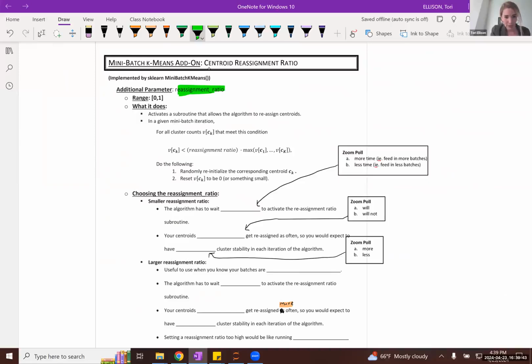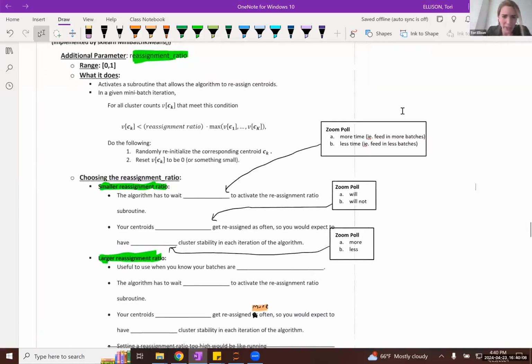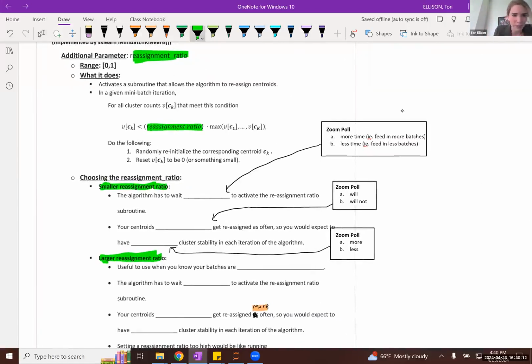So you'd want to consider what a smaller versus larger reassignment ratio might do to your overall mini batch k-means clustering results. So let's think about what might happen if you set that cluster reassignment ratio to be a little bit lower. So if you set that reassignment ratio to be relatively low, so let's just say maybe like